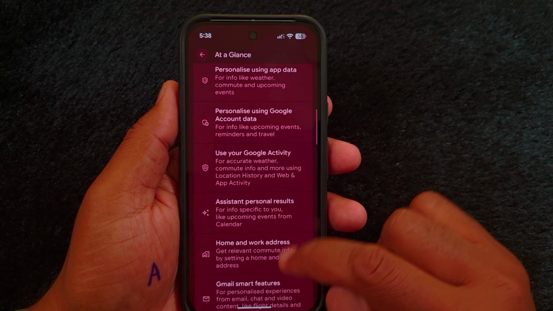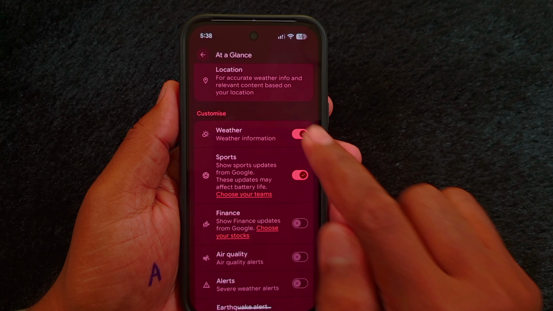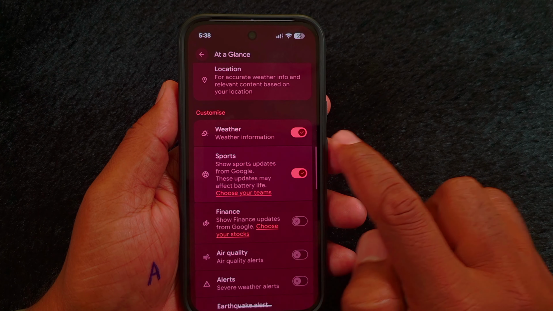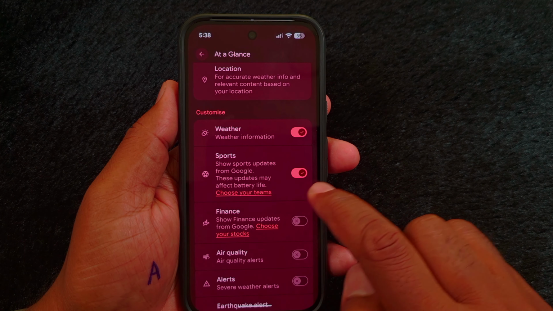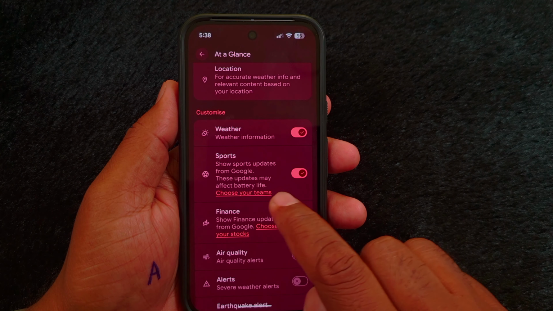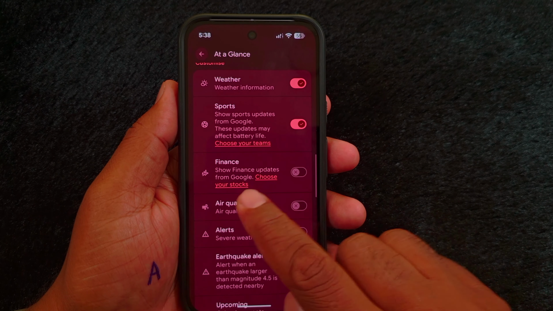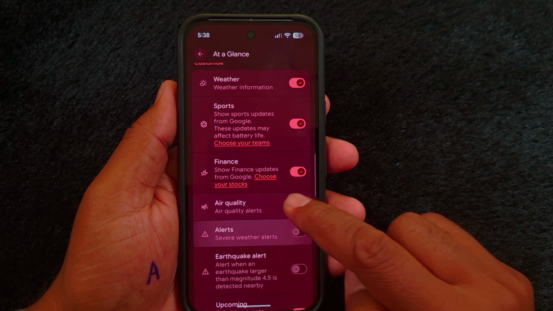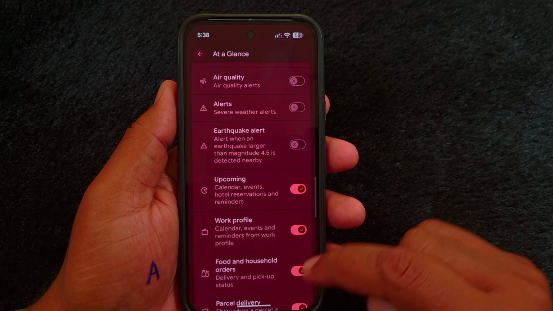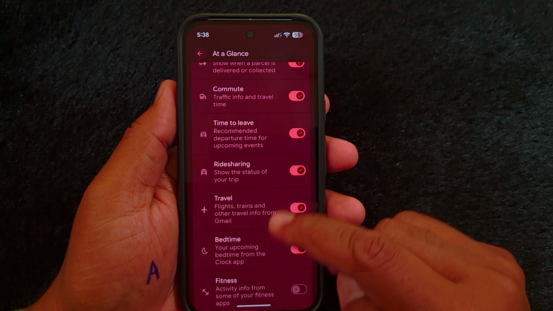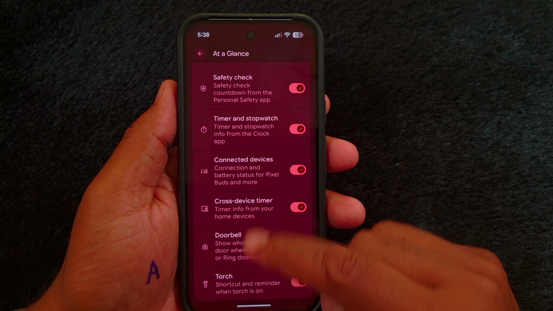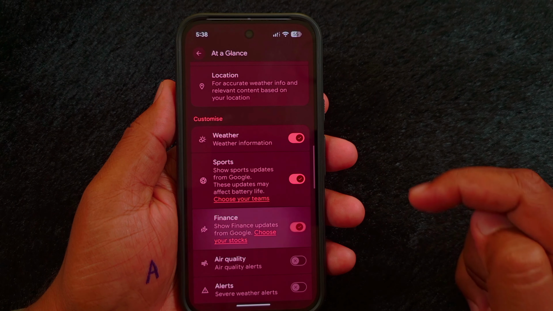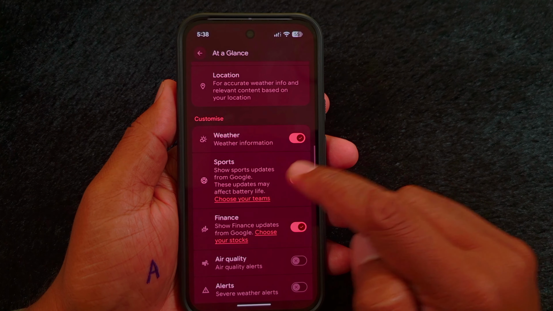Scroll down to see all the available options. You can choose what information appears in At a Glance, including weather updates, sports scores, finance updates, air quality alerts, upcoming calendar events, commute and travel time, time to leave reminders, and more. Simply turn on the options you want to see on your home screen and turn off the ones you don't